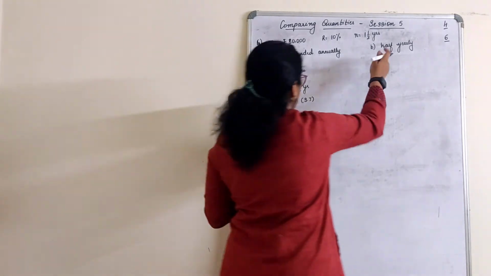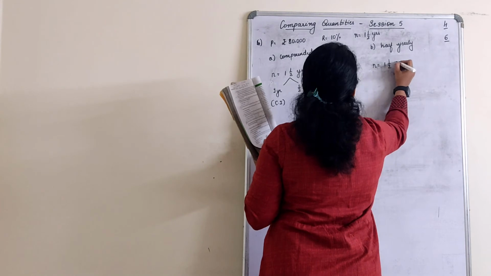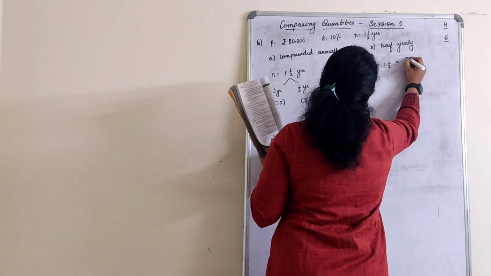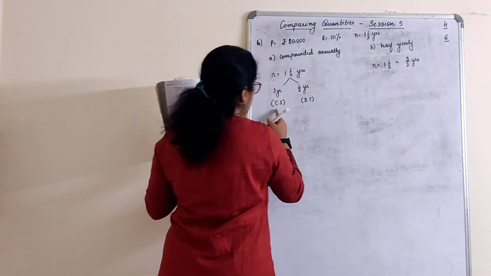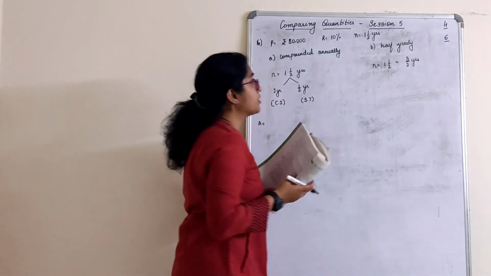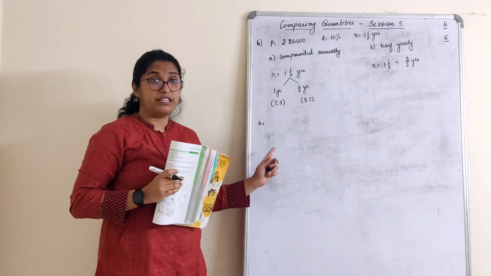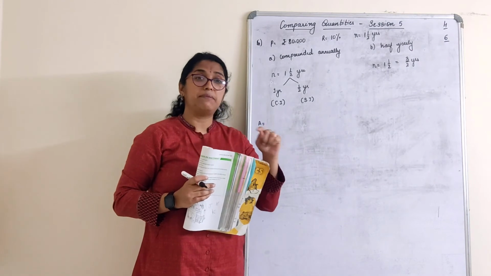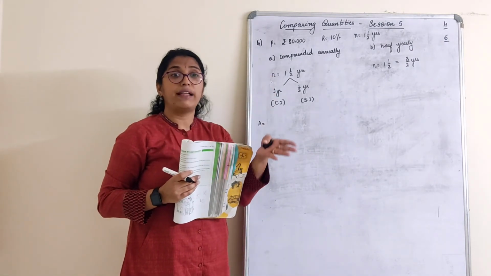Come to this sum. Compounded half yearly. N is equal to 1.5, which is written as 3 by 2 years. What formula will you apply here? You know, for annually. What formula will you apply here also? You know, for compounded half yearly. I think the things are very clear how I have written. Now see children, again I am repeating, the methods are different, what they do in your school or book. I wanted to stick to one thing and follow.